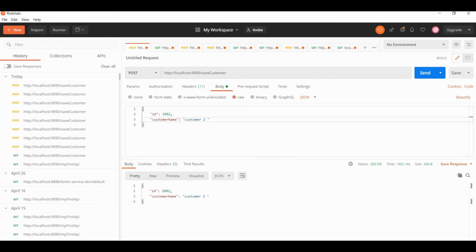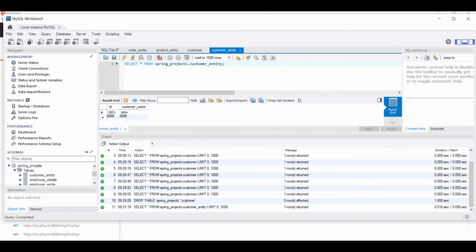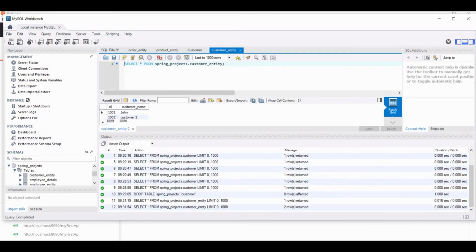Yes, this is returning the response, and just go back to the database to re-verify that. Yes, because 1002 and customer 2, both data is coming. So in this way we can make a post API call.